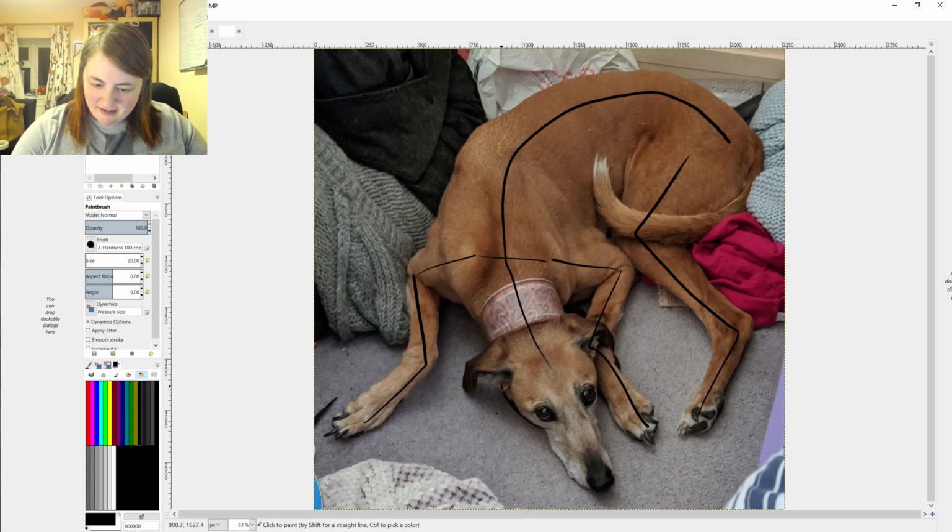Actually the head is kind of a perfect circle, like so. And if you follow the line of the nose all the way down, it's this sort of,